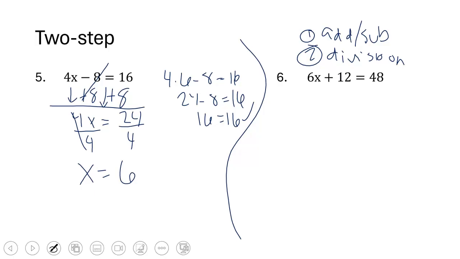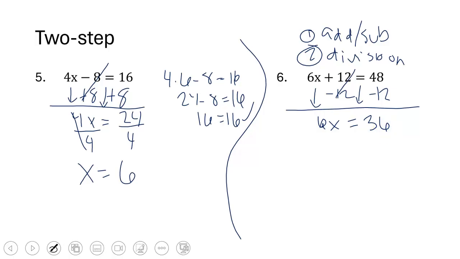All right, let's look at number 6. So I know that my division is going to be last, and I need to handle that addition, subtraction, opposite, that positive 12. Let's move it. We got to get x by itself. So opposite is minus 12 on both sides. So bring down your 6x so you don't lose it. Bring down your equal so you don't lose it. And then 48 minus 12,